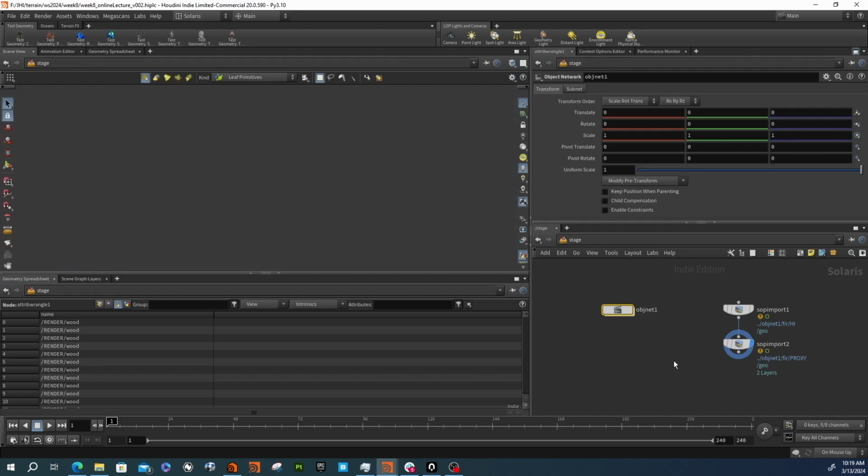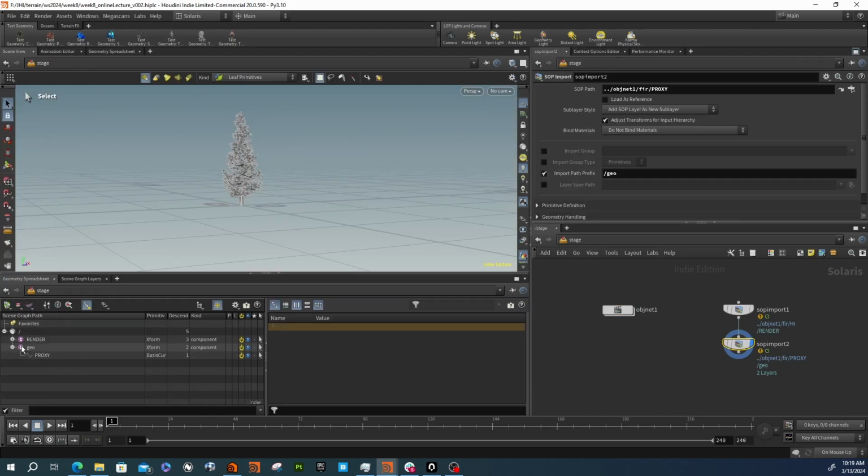So when we come back over here and take a look, we should now have, oh, it popped us out of geo. Why did it do that? But this is what I was looking for it to do, but I expected it to do it under this geo. So let's take a look at how